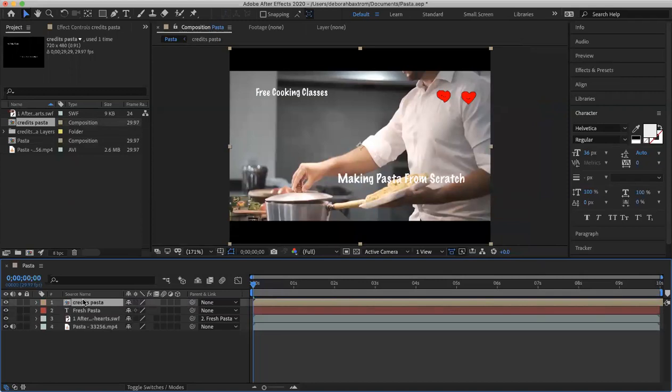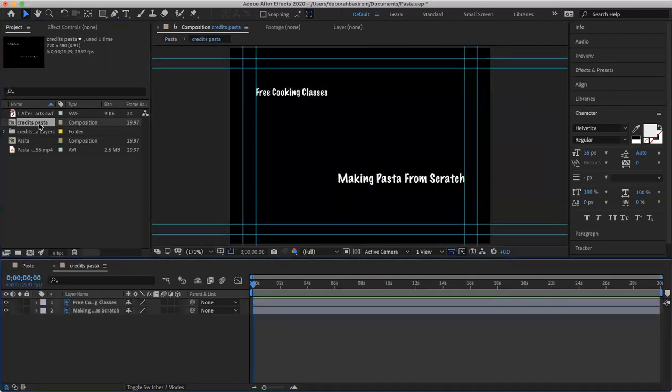So remember, we imported this Photoshop file with its layers intact, so now we can animate and edit its layers independently in its own timeline panel. And to do that, we'll double-click the credits composition in the project panel, and that brings up its own panel in the timeline, or excuse me, its own timeline panel. We're going to shift-click